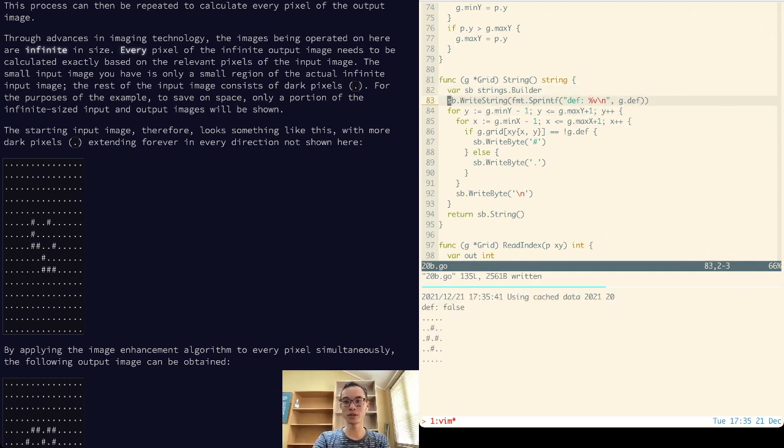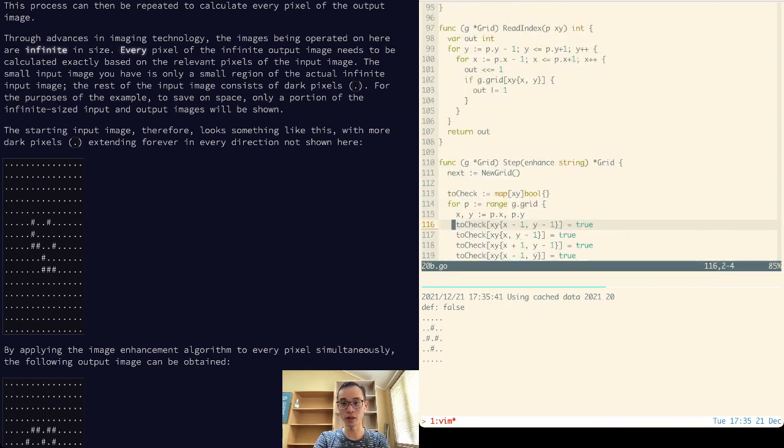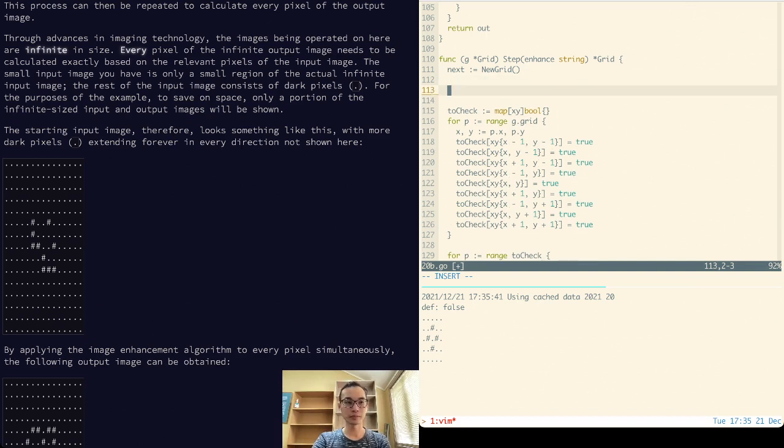So this is still wrong because after one step the default should be false. So where do I do that? So here we have to work out what the next default should be. And so that's actually quite straightforward. If the current default is all zeros, then the default should be whatever's in index 0 of my enhanced string. If the default is 1, then my next default should be whatever's in the 511th index of the string, the final one, because that's what that will refer to. And so we can write that by saying next.def equals